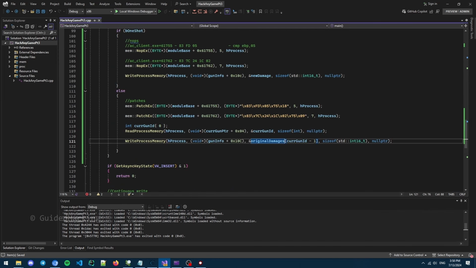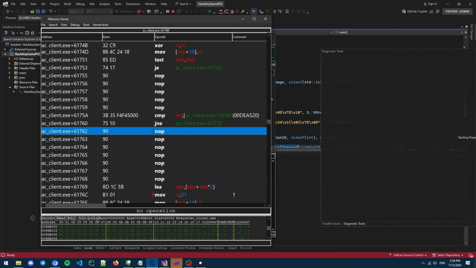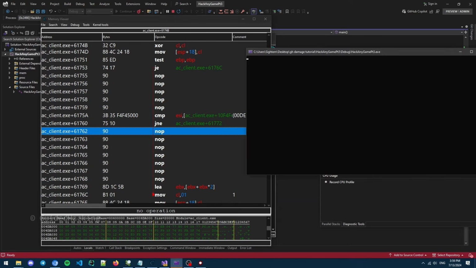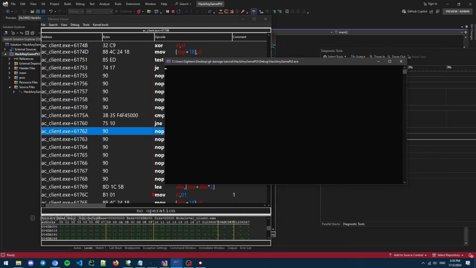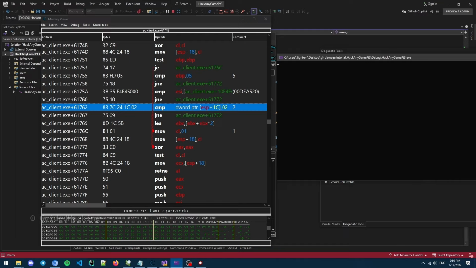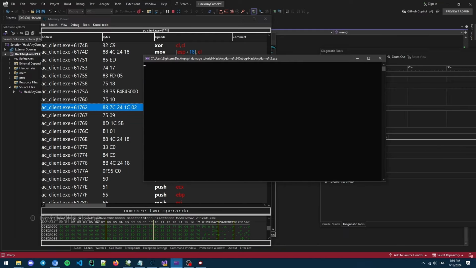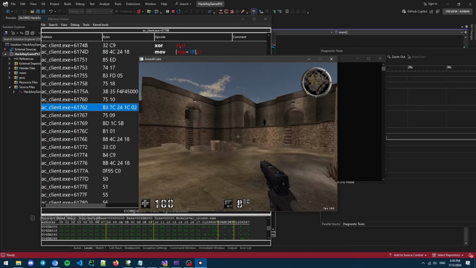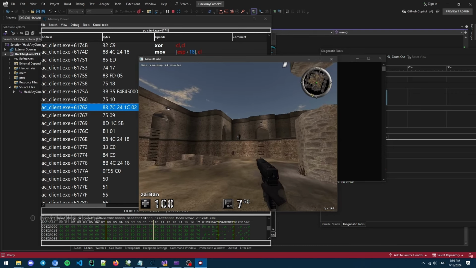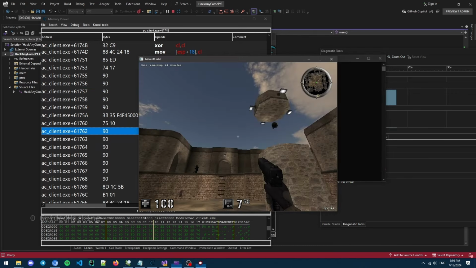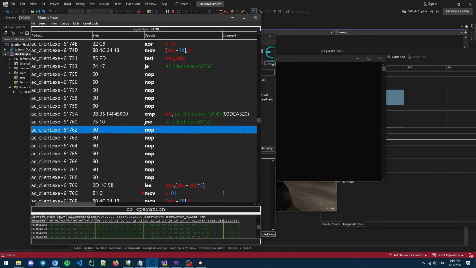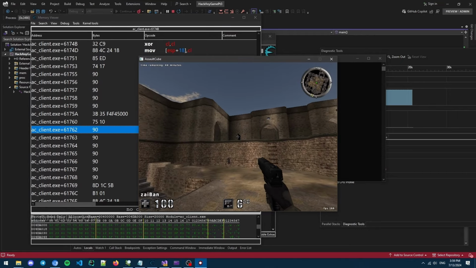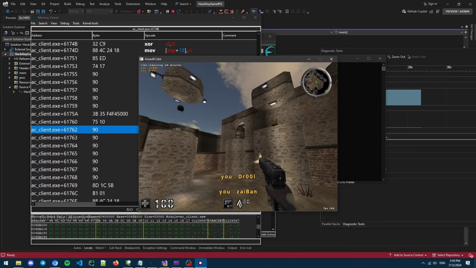Now, if we run this hack, it should hopefully function. Oh, I didn't enable it. Okay, let's just do 4, so you can see that works. It's now disabled, so if I shoot someone, I shouldn't get a one-shot kill. And I don't. Now, if I enable it, you can see the NOPs are here. Back to AssaultCube. One shot,